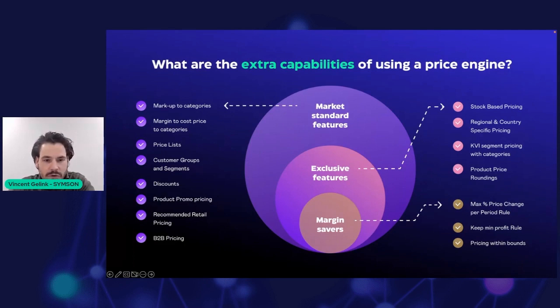Furthermore, you maybe want to work just based on certain list prices, or you want to build, of course, different customer groups or segmentations, just to make sure that you can build different price lists that really correspond with the markets and the different customer groups that you want to address. Of course, every company sometimes works with a way of discounting or maybe a promo price. So these are elements that should be in as well. And finally, things that we often see coming into the system are recommended retail prices, RRPs, and of course also list prices based on the B2B pricing settings. So these are elements that we see in any pricing engine as a basic.